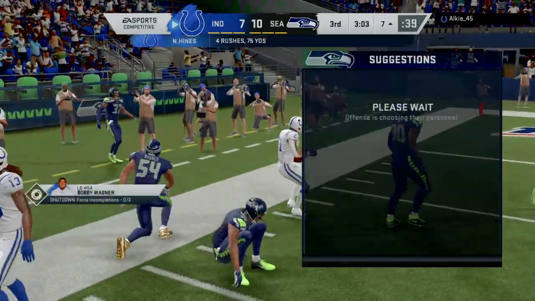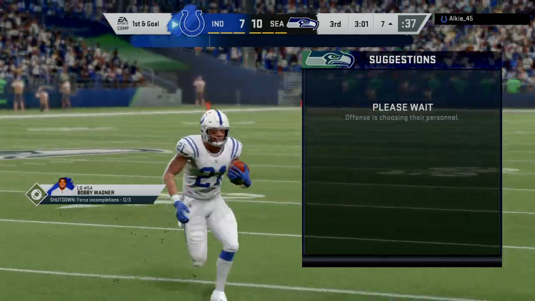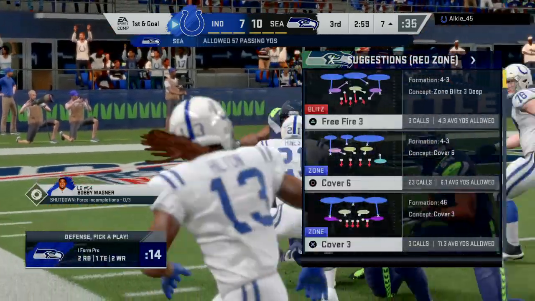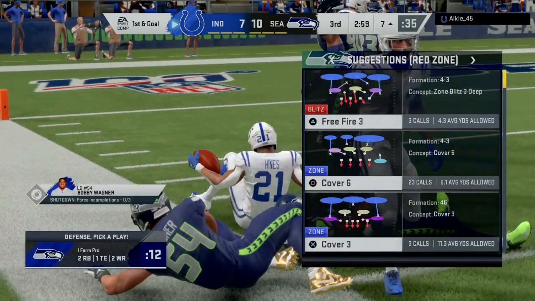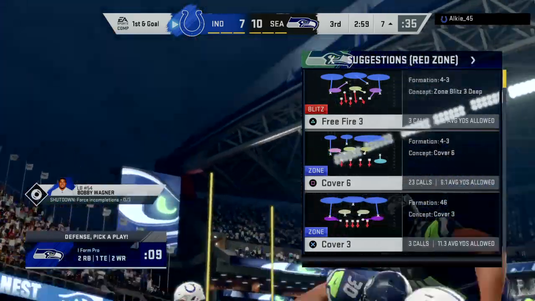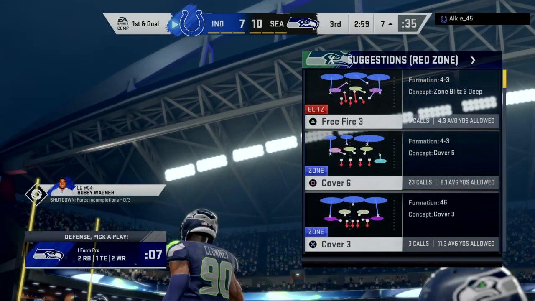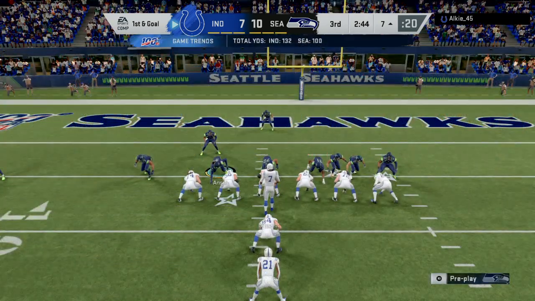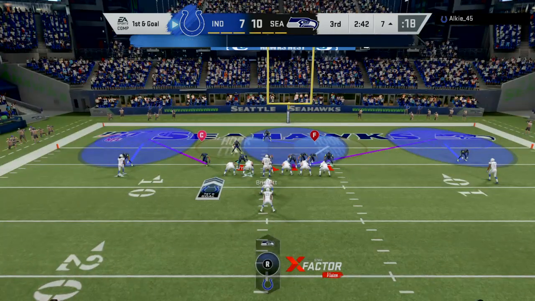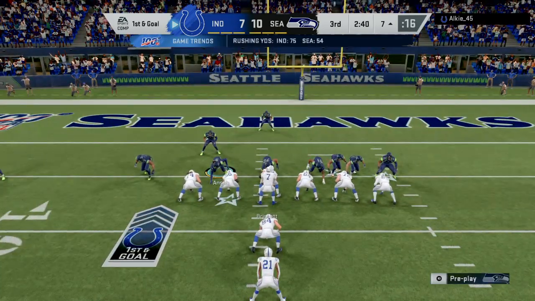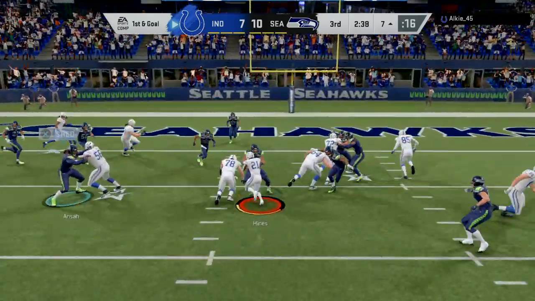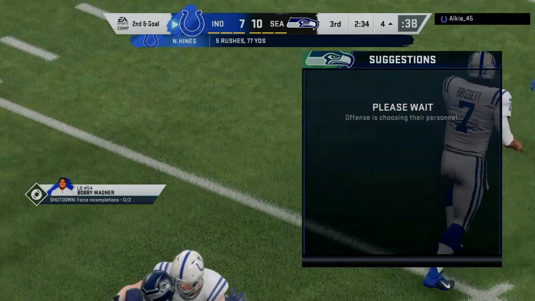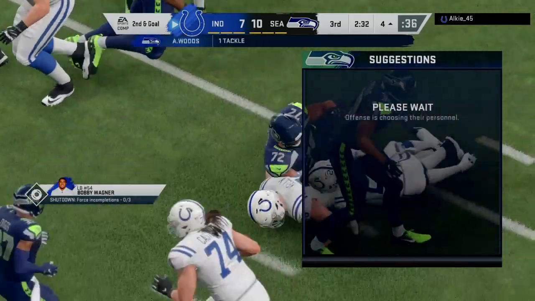And finally, down he goes as they work it inside the 10 to the 7. Good yardage as he rumbles for 24 and a first. Let's go now. 54. Go to base. Mike 54. Cut. Watch the twist. Watch the twist. They'll try and run for it on first and goal. And he gets him a little bit closer. He takes it from the 6 inside the 5 to the 4.